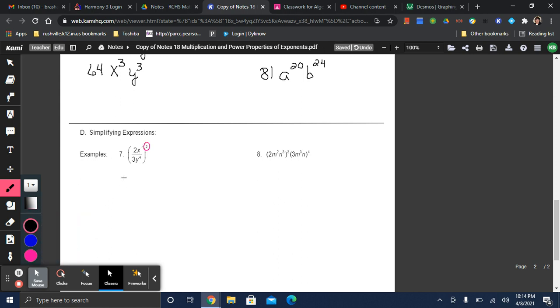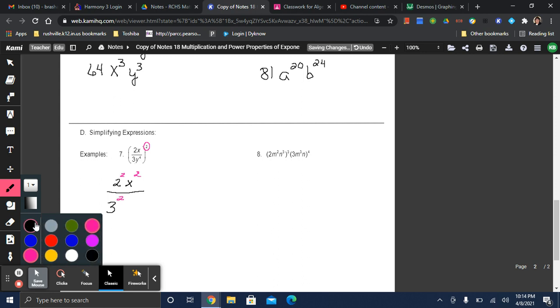So we'll start with our numerator of 2, and that will get the exponent 2. Your x that's in the numerator will also have the exponent of 2. Then your denominator, so make your fraction bar. Denominator has a 3. That 3 will have an exponent of 2. And then the y, which already